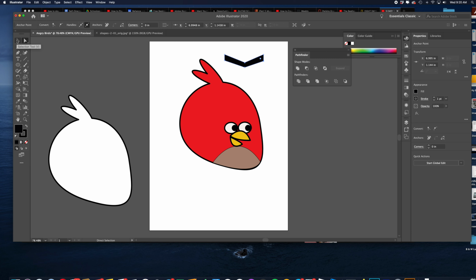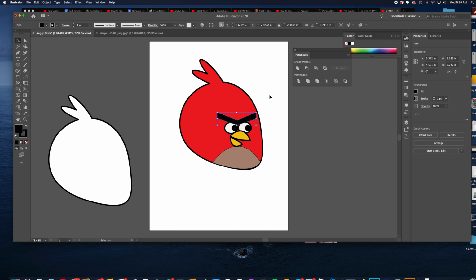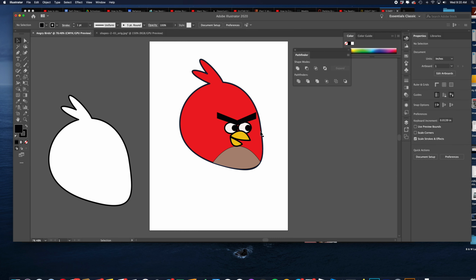Grabbing my selection tool, or just hitting the letter V on my keyboard allows me to bring this down. I'll put it slightly over the top of the eyes. There we go. So now I want to add some shadows behind the eyes, a couple right here, and then another one over the top. But let me just make some little frown lines up here, and I can do that very easily